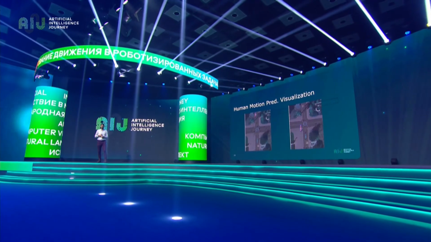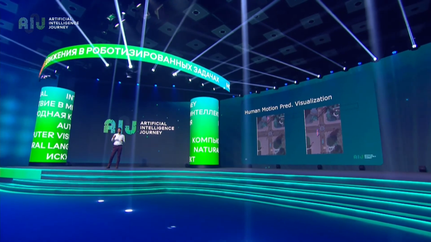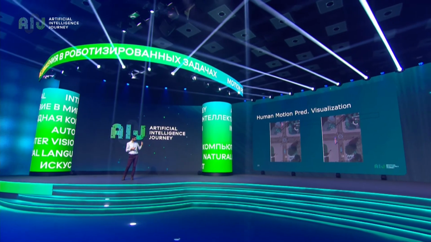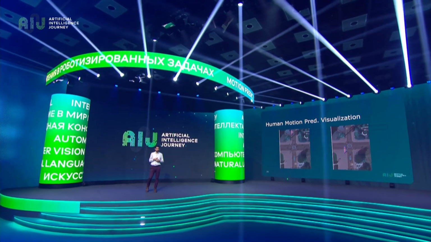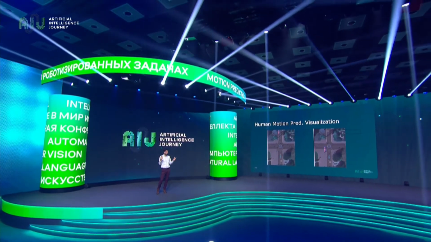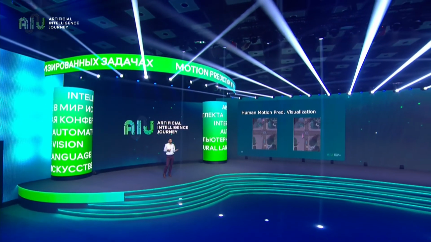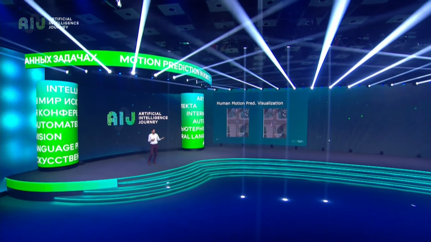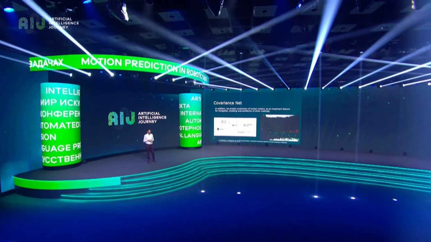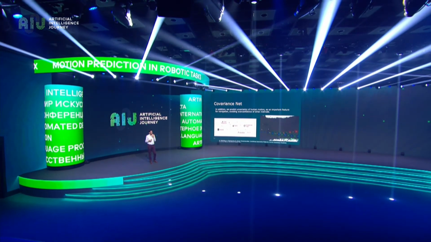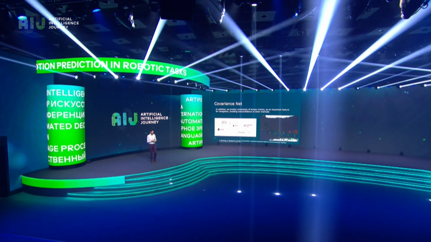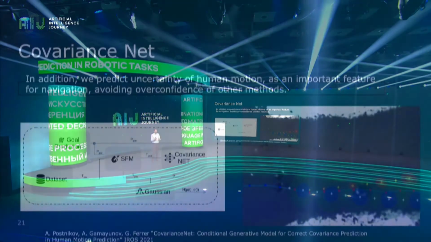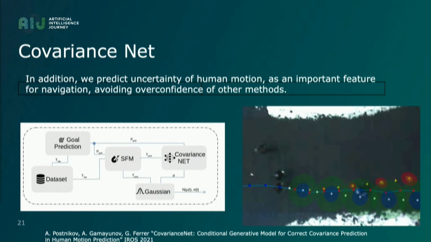This is another example of visualization of human motion prediction. You see here, with this red distribution, or heat map if you want, what the future positions of any pedestrian are going to look like. Now let me talk very briefly about more modern techniques that we have also developed. It's important to have goals, but I think we all agree that data-driven approaches will give better performance for most problems. The same is true for human motion prediction.